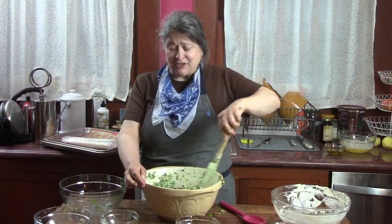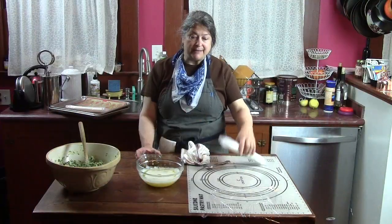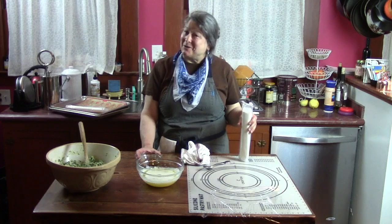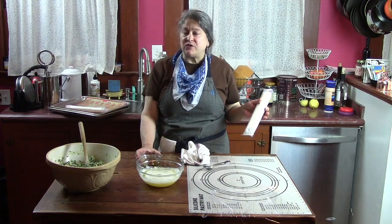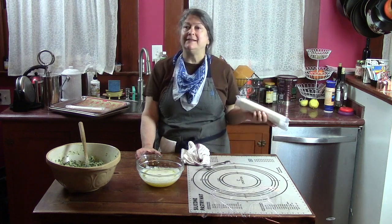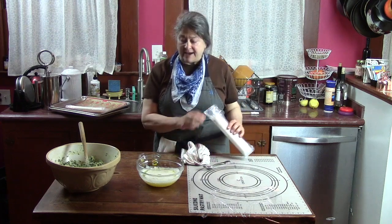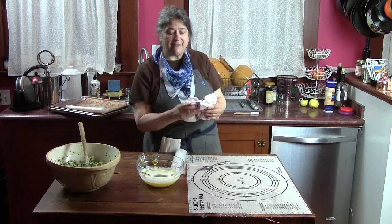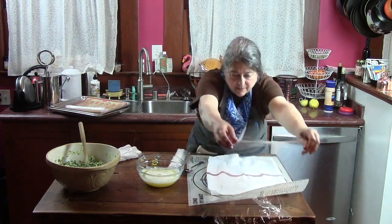Alright, it's all coming together, so we're ready to start preparing our phyllo dough. Preheat the oven to 375. Phyllo dough is something, I guess if you wanted to try to make it, you could. But it's sold in a lot of grocery stores in the frozen section, where you find things like pie crust and puff pastry. When you open these packages, they will dry out fast, so you need to prevent that by having a wet tea cloth, and then we're going to cover that with a plastic sheet